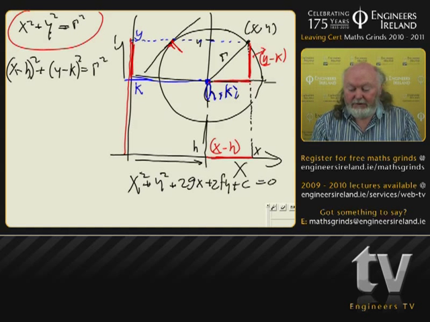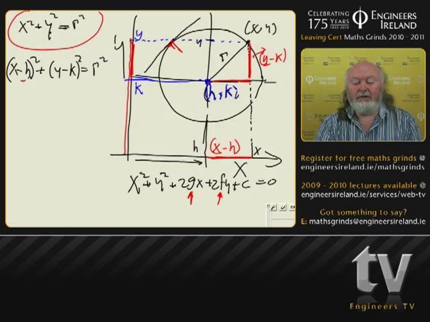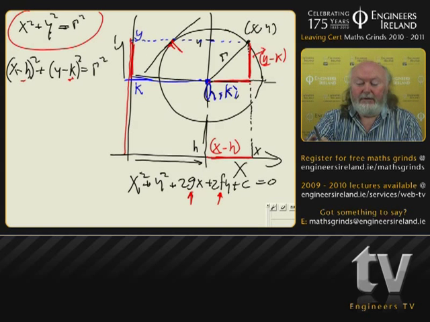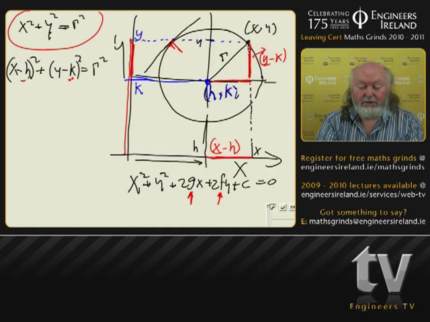And what I want you to notice is the letters have changed. You've got a G and you've got an F, whereas up here, you had an H and you had a K. I much prefer to multiply out this first equation up here, and what you'll get is x squared minus 2hx,